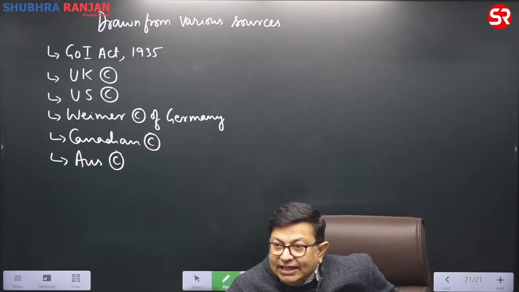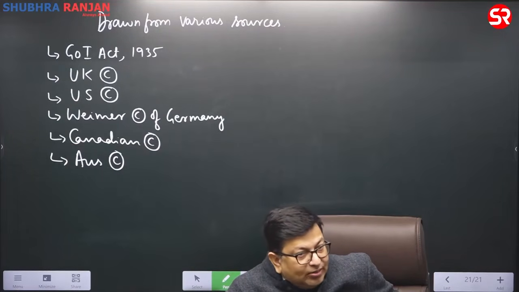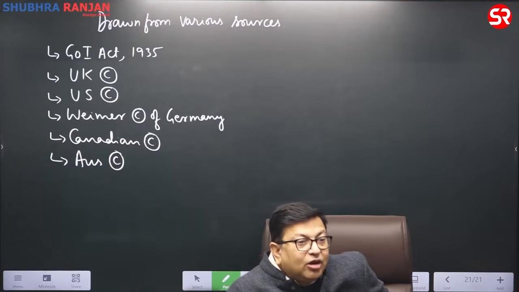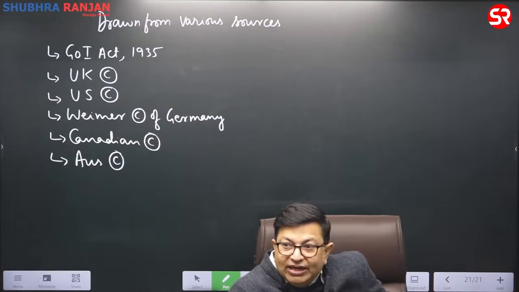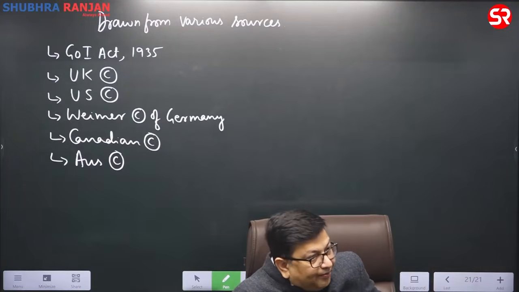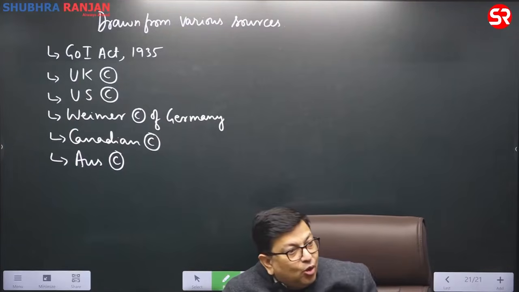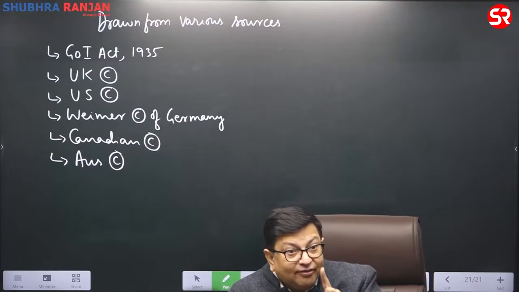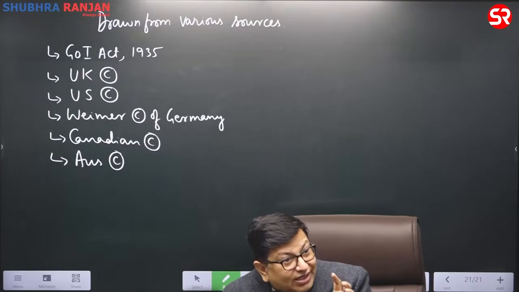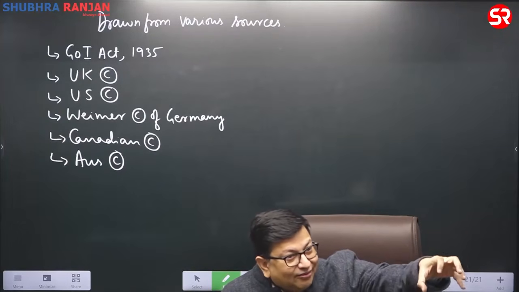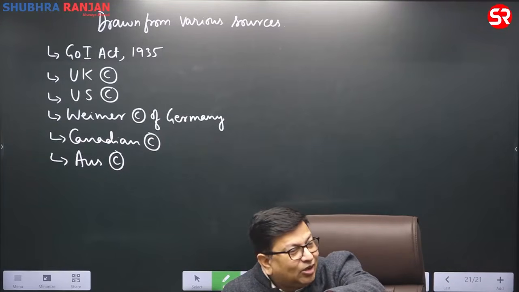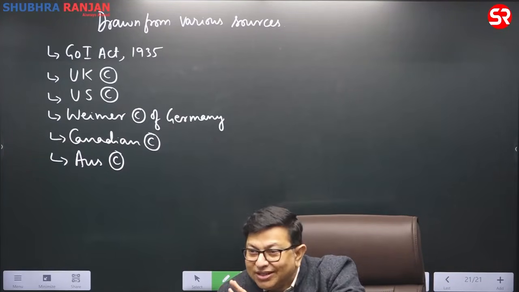Trade means buying and selling of goods. Commerce also means the same thing, buying and selling of goods. But the difference between trade and commerce is that in trade, profit making is more important, and in commerce, transaction is more important. And intercourse is going from one place to another place for cultural interaction, samagam. So it is one of the articles which has been taken from one constitution, and without any change, it has been put in the Indian Constitution.